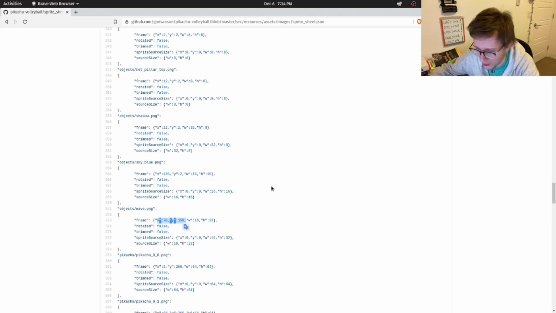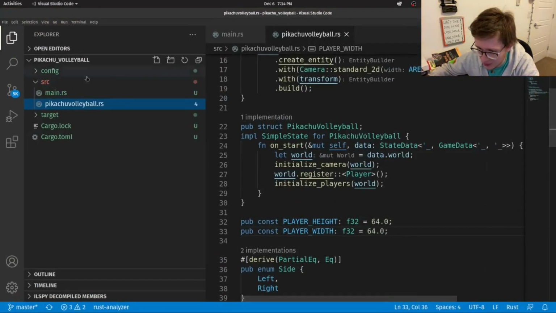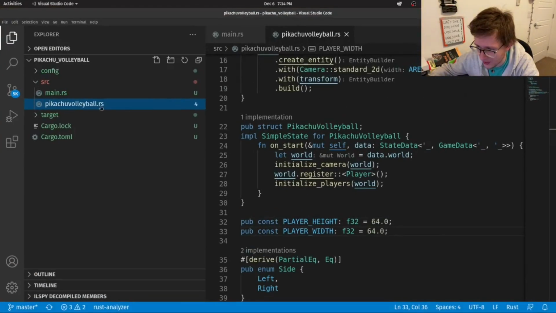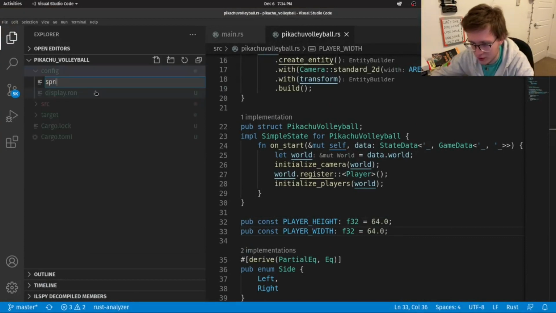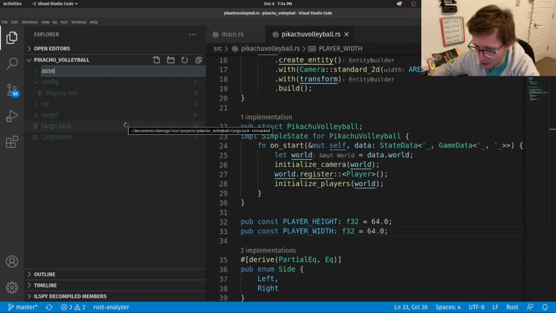Okay, so let's open this and we'll create our spritesheet.ron file inside of our config. Or actually no, we'll create a folder called assets,